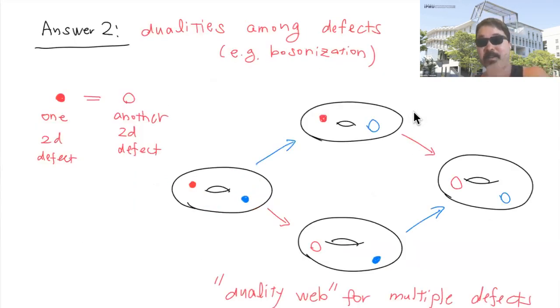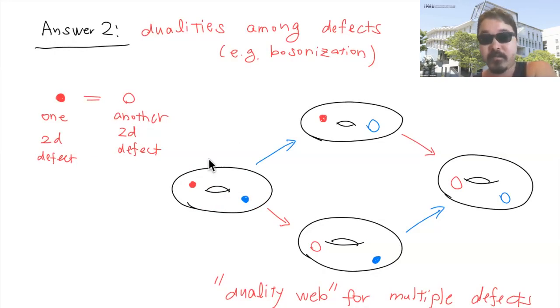Now, what about the dualities among the defects? What about the dualities between integrable quantum field theories, like bosonization? Well, the idea is, again, to start with some dualities among the defects themselves. So here I have a schematic picture where one two-dimensional defect is converted to another two-dimensional defect. So this is a statement of 2D duality. For example, you can invoke some version of the 2D bosonization, but a much simpler version for free fields, basically.